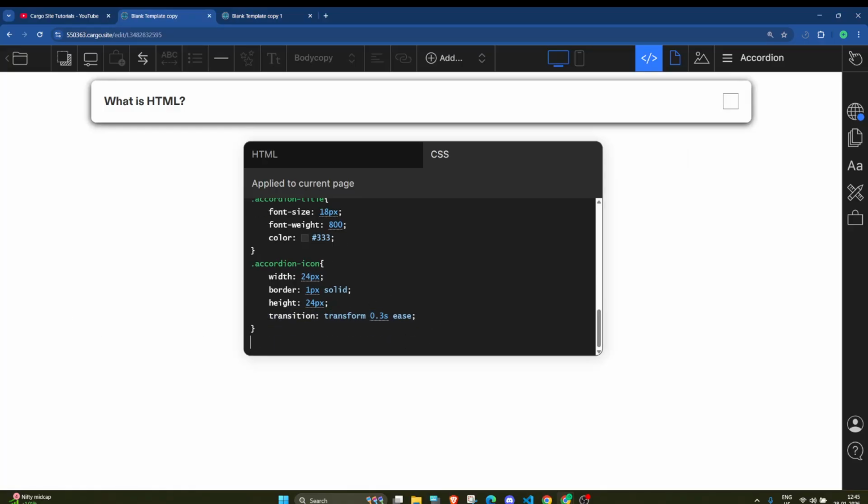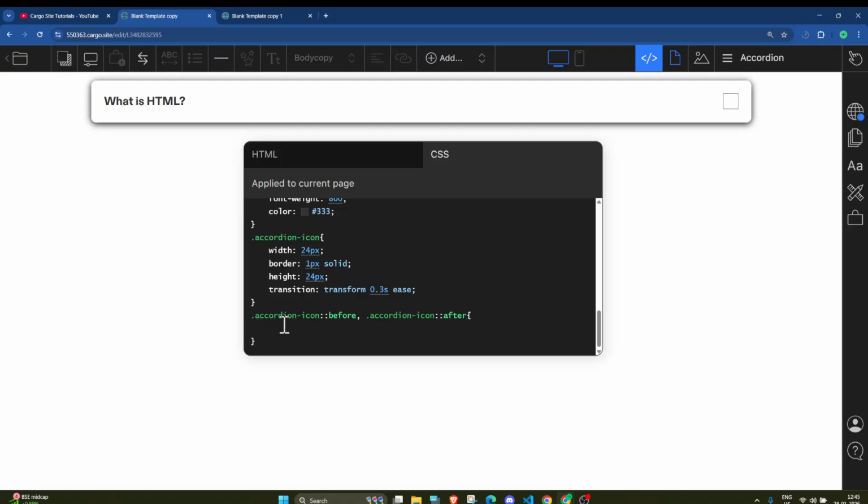Now what we are going to do, we will again select this accordion icon, and I will add the before pseudo element, and again I will add this thing, and one more which is the after pseudo element.